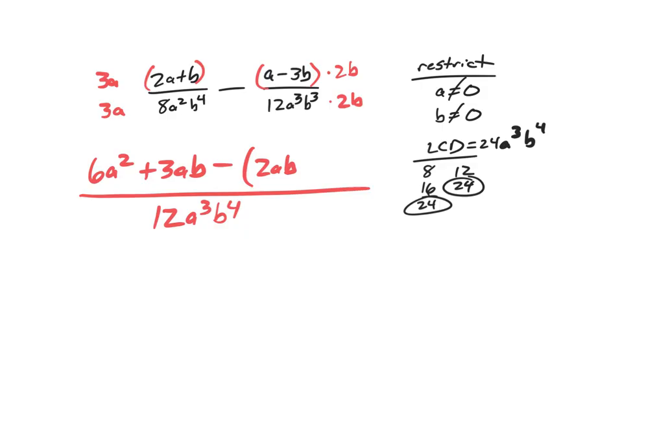So we took 2b times a, and then we're going to take 3b times 2b, which is 6b squared. Okay, now notice I put this in parentheses still, because we have this minus sign here that once again has to be distributed to both. Okay? So if I rewrite the top,